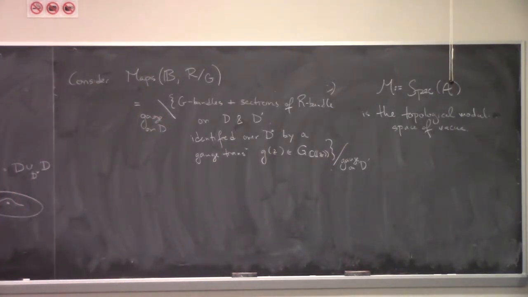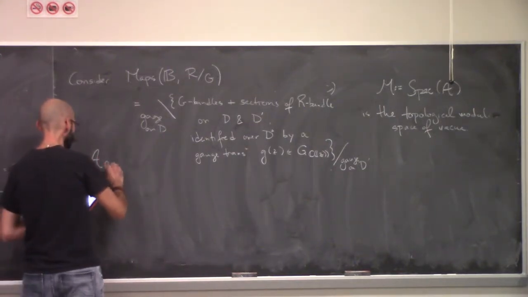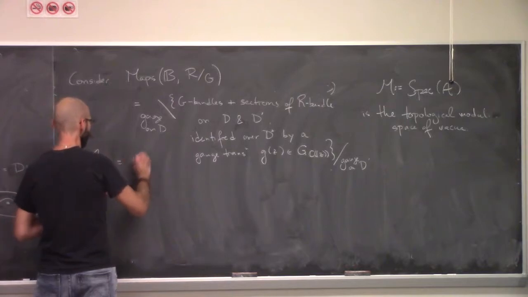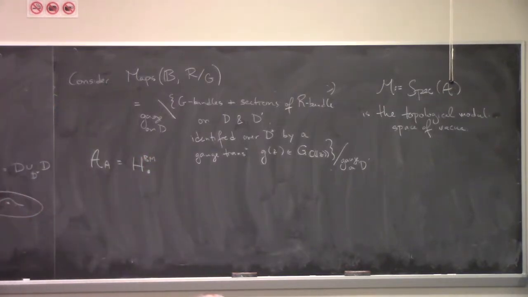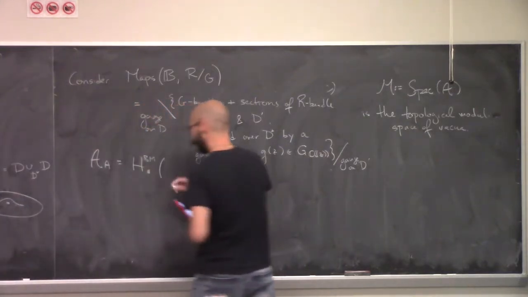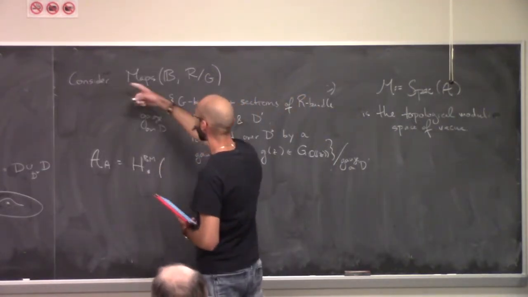Okay, that's a handful. This is, however, a space that has now been analyzed in great detail in many ways. And the actual algebra of local operators in the gauge theory shows up. Naively, it would be de Rham cohomology, but because this is infinite dimensional, one has to be careful. And the right thing, at least mathematically, turns out to be Borel-Moore homology of this space.